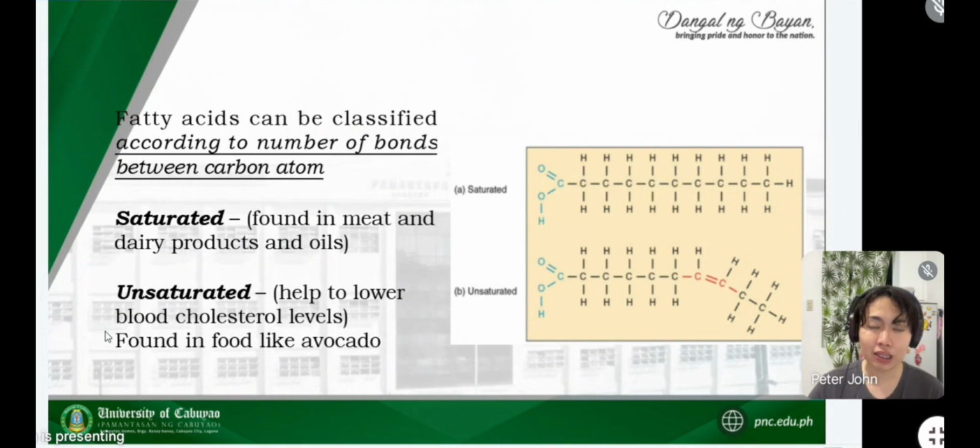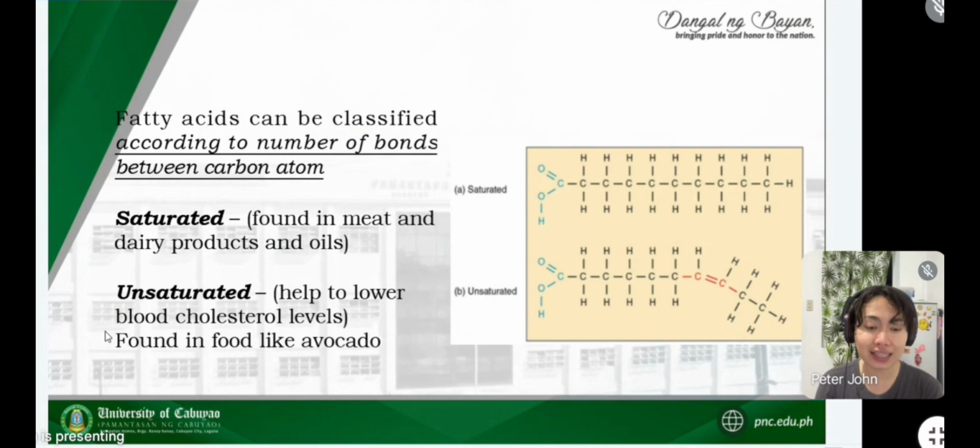Ulit po, this one is a bad cholesterol. For unsaturated, lowers blood cholesterol found in foods like avocado. So, ibig sabihin, pag unsaturated, there are the good one. Saturated foods or saturated fats are found often with a meat. So, that's why you cannot eat so much meat. Pero, yes, allowed kayong kumain. Pero pag sobra-sobra na, hindi na siya maganda. It can cause a blockage in our blood. It's also mga arteries or mga blood vessels natin. So, that's why less than dapat or enough lang yung kinakain natin.